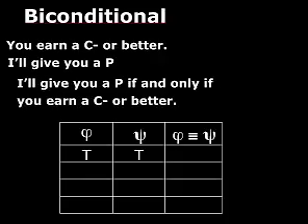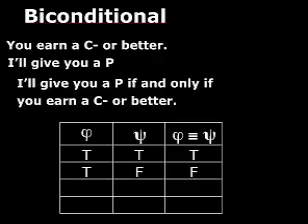Pretty easy. Suppose both components are true. I gave you a pass and you earned a C- or better. Did I lie to you? No. Okay, so it's true. The biconditional is true if both of the components are true. What if the first is true and the second is false? I gave you a pass, but you didn't earn a C- or better. You actually got a D, right? Then did I lie when I told you that biconditional? Yeah, because I told you I would give you a pass if and only if you got a C- or better. Well, you didn't get a C- or better, so